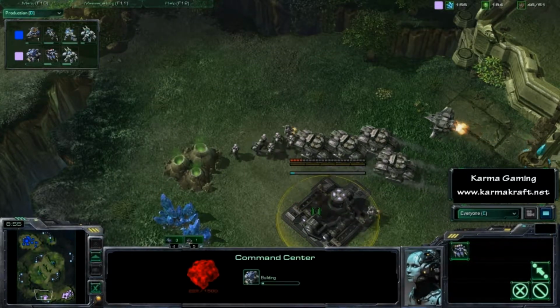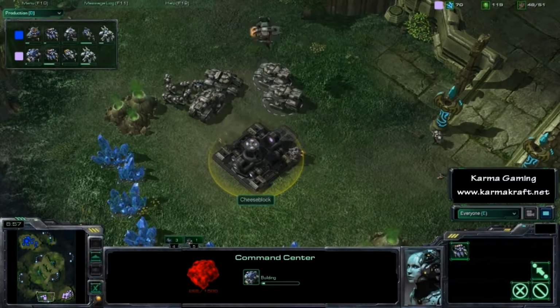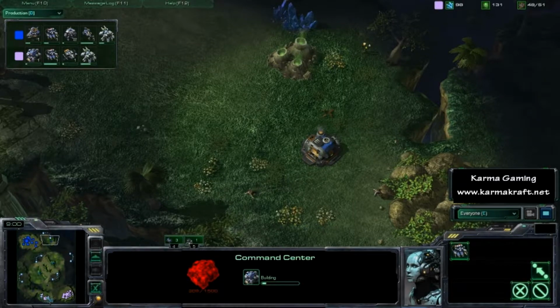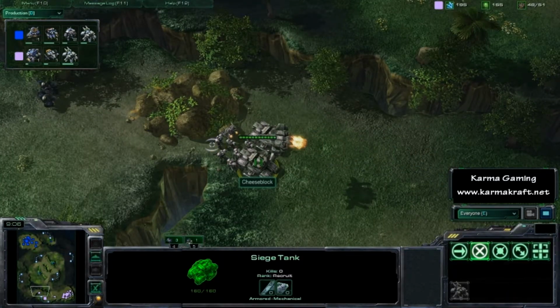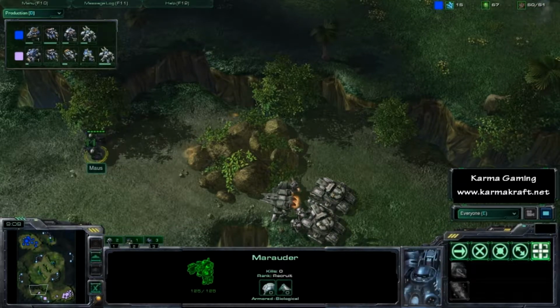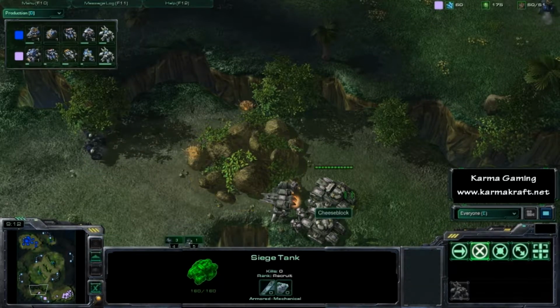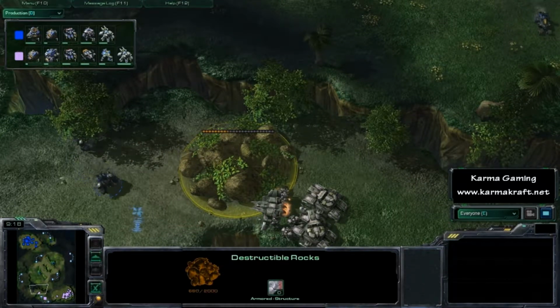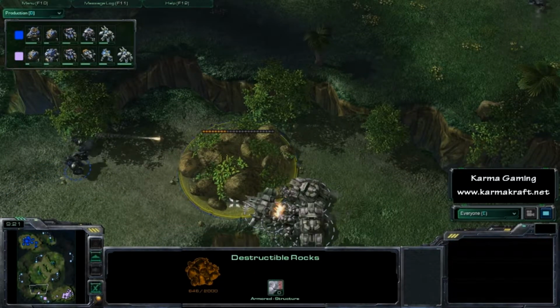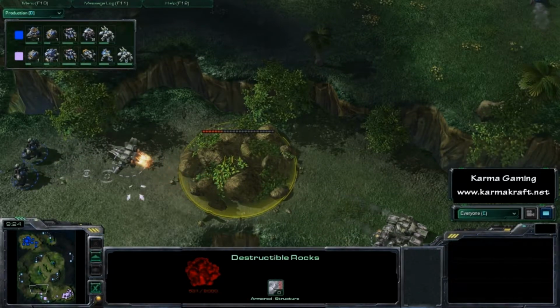However, Cheeseblock also getting up that early expansion over what Mouse is doing, and that could play a huge role. Cheeseblock going to get that extra mineral income. Unfortunately for Cheeseblock, these two Marauders, these two pesky Marauders, are just behind far enough to cause a problem, and they're going to be able to break these rocks down quite easily, and that could play a huge part later in the game